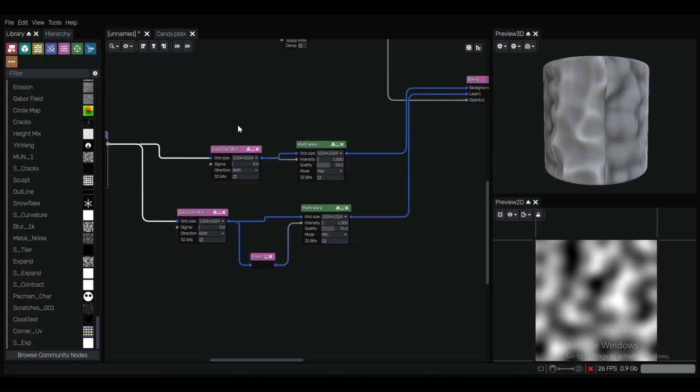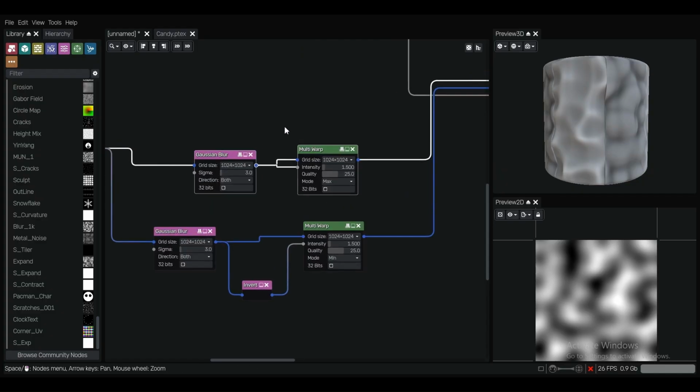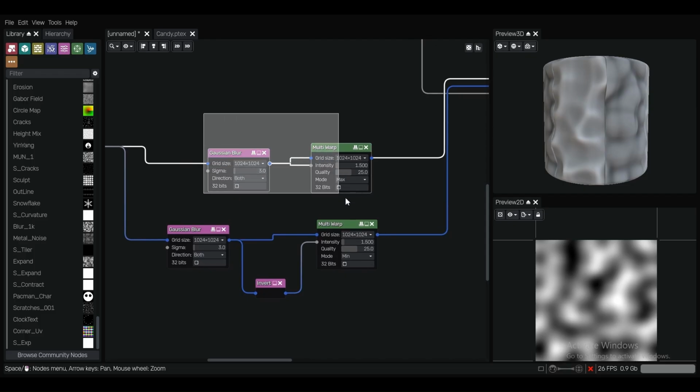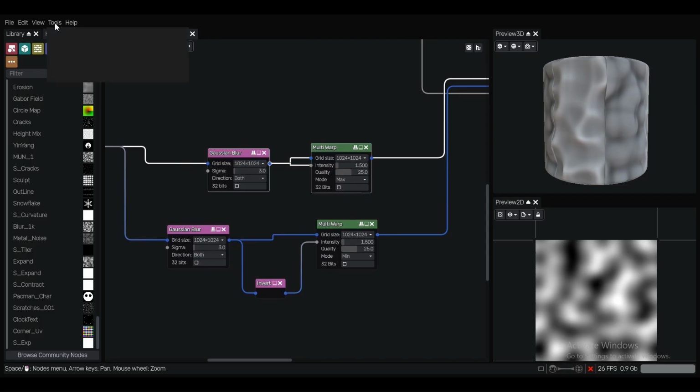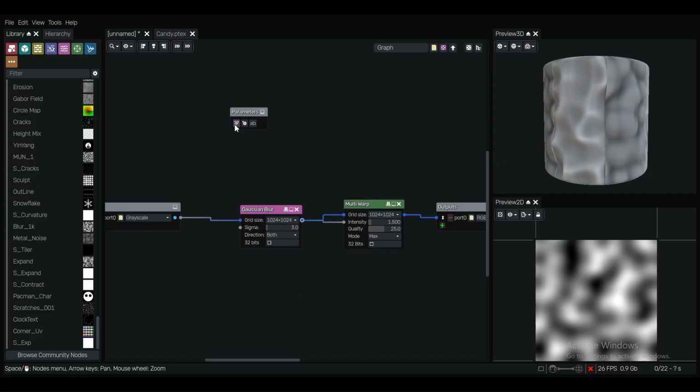So you have already made this effect, and now I will teach you how to save this custom node. In order to save it, first select all those nodes which you have used to generate those effects, for example this blur and multiwarp, and then go to the tools and create group. Okay, and select all the parameters that you would like to control in the custom node. So I would like to control the intensity of blur. I would like to control the intensity of multiwarp. I will also like to control the quality of multiwarp and the size of the blur and the size of